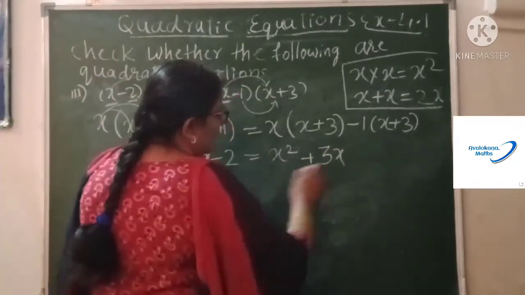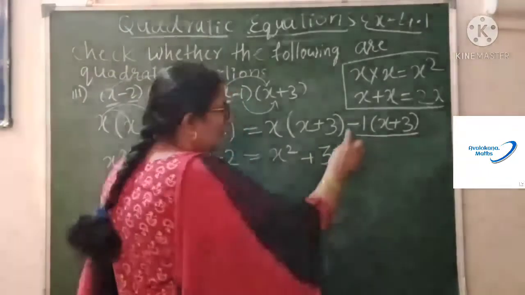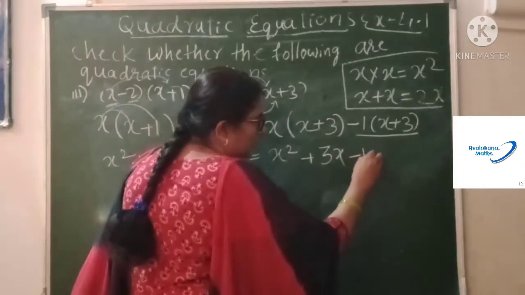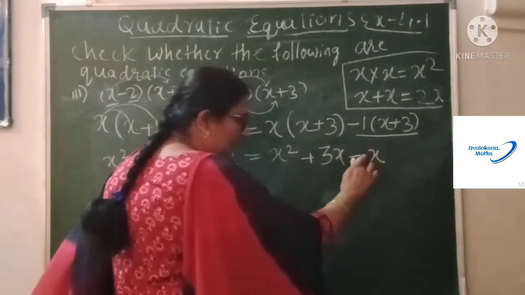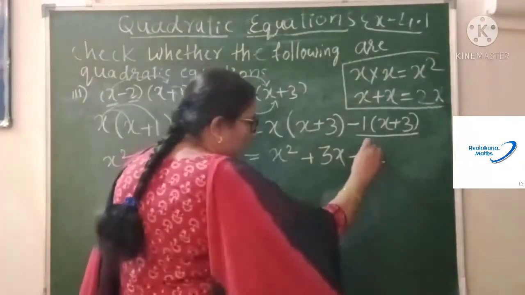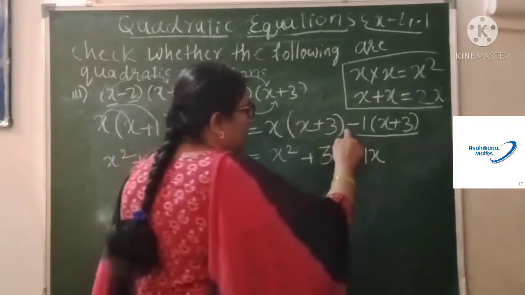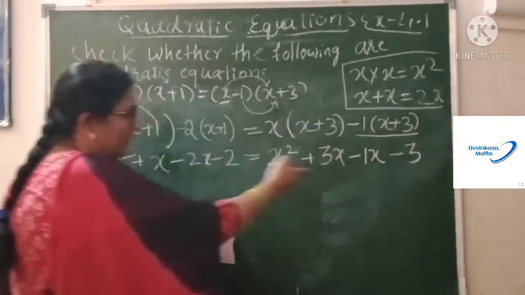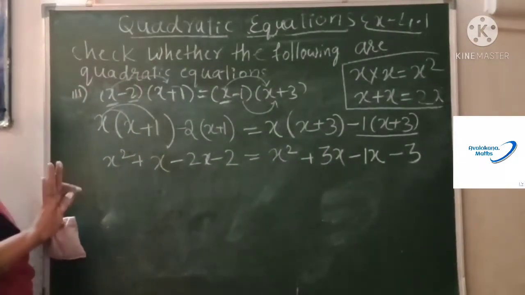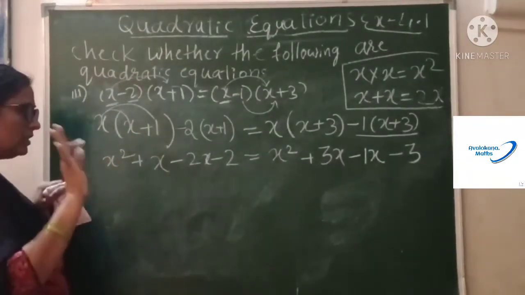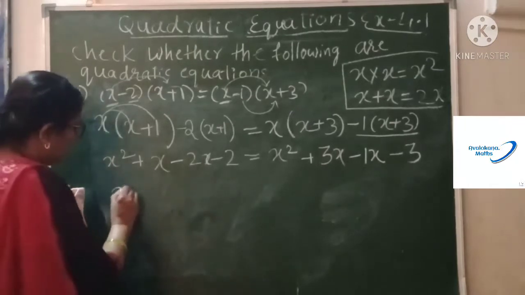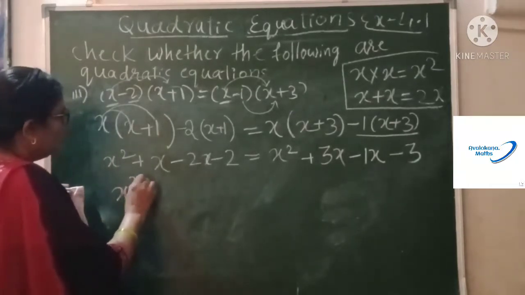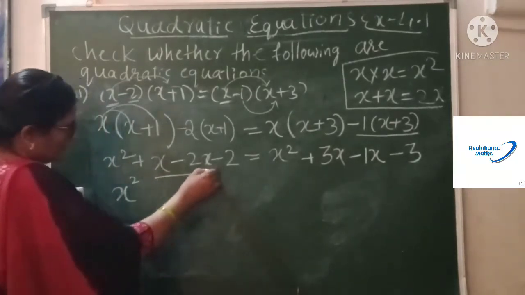This part is over. Now we will proceed with this one. Minus 1 into x is, yes children, it is minus 1x, or you can write only x. It is understood. Okay, if you want, you can write. Then minus plus minus 1 into 3 is 3. I think if people are understanding all the steps, without hurry, without any confusion, we'll solve slowly. Okay, now x square. Now we'll simplify this further because we have like terms.